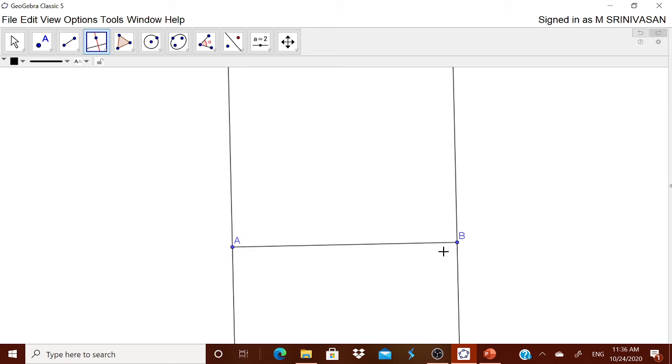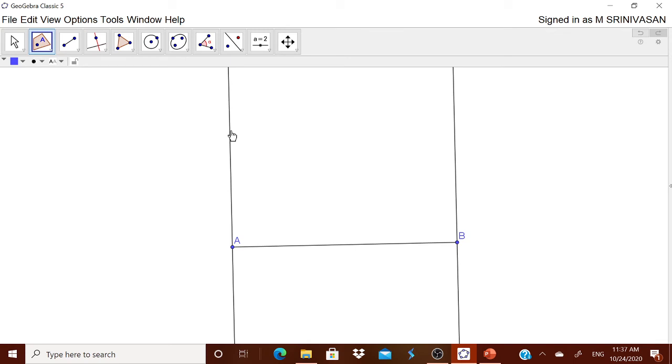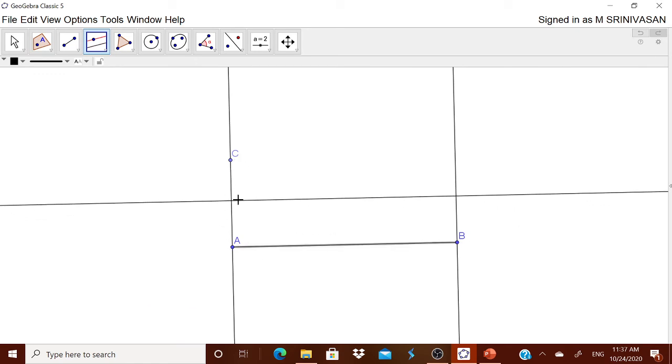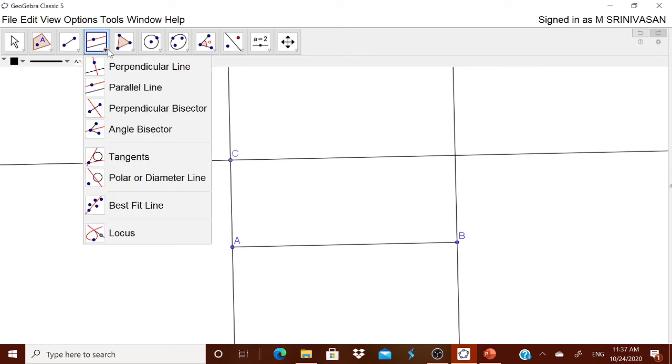Now you can draw parallel line also. Suppose I take a point on the object now. I will just put it over here. Remember, point on the object is very interesting. Suppose I want to put a point on this line. Go very near to the line, it will glow. Simply drop it. See, it has been dropped now. Now I want to draw a parallel line to AB through this C. I click this and I click this. Now you got a parallel line. So this is how you have to do the perpendicular line and parallel line.